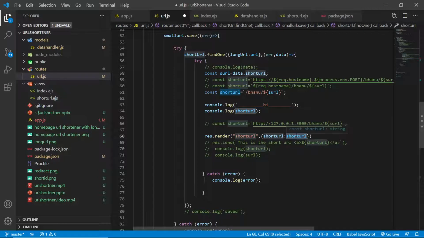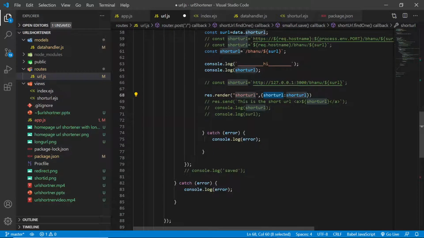This is like your key and this is like a value. This key you'll use in the other render, which is short URL. So inside the short URL, you will reference this particular value with this name, right? I think you understand it. Now these catches are only for logging the error.